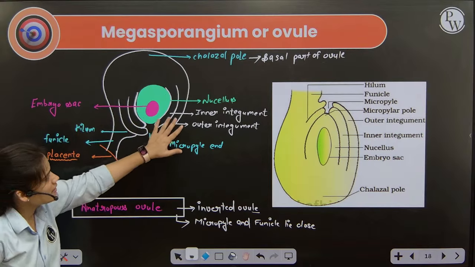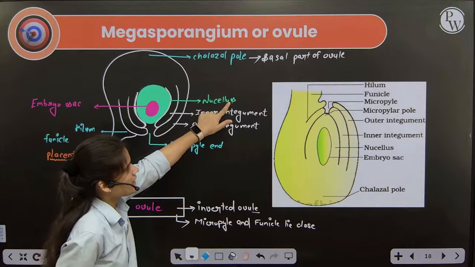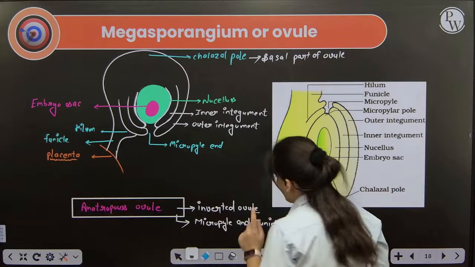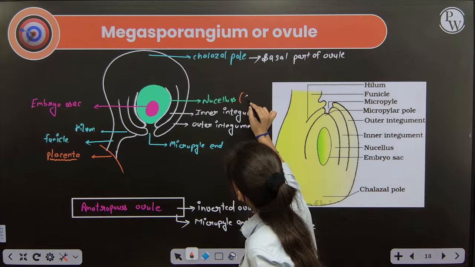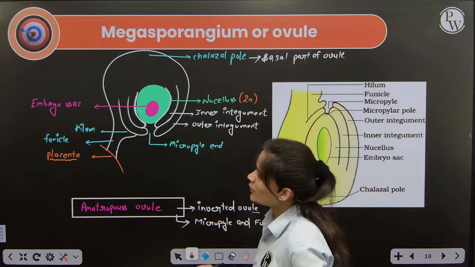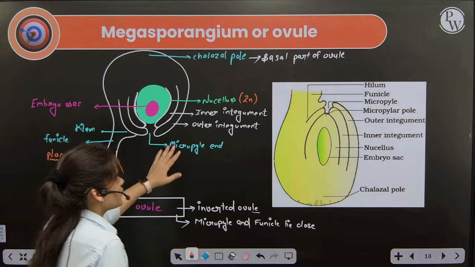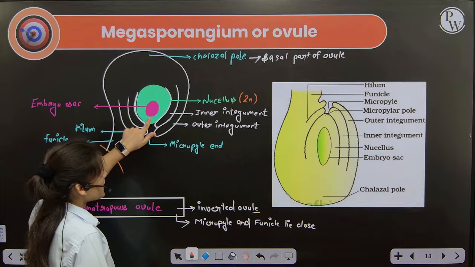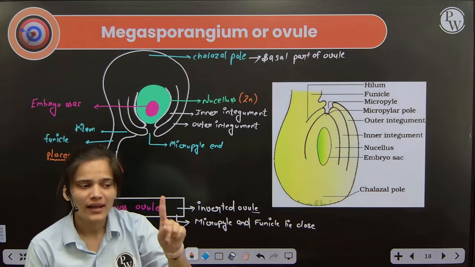Now, these integuments encircle inside some tissue. That tissue is known as nucellus. Nucellus is the nutritive tissue. One cell of that nucellus. Can you please tell me the ploidy level of nucellus, as it is part of sporophyte? Now here we are discussing about female part. So nucellus is 2n. One cell of that nucellus which is present towards the micropyle end. That one cell acts as